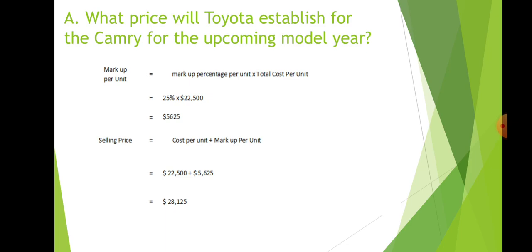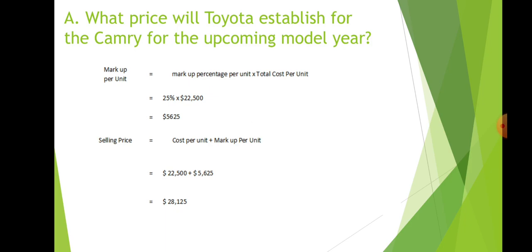So the selling price supposed to be of this unit, if we follow the Toyota standard requirement, would be 28,125 compared to the target price this year of 27,000. It would be underpriced by